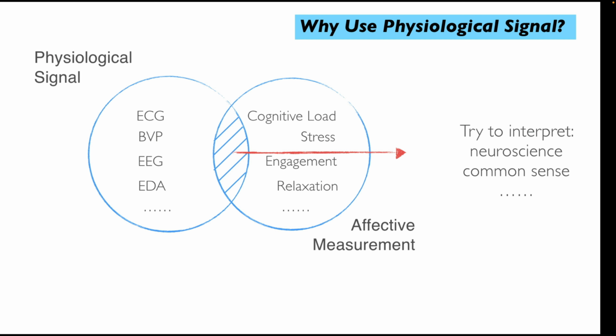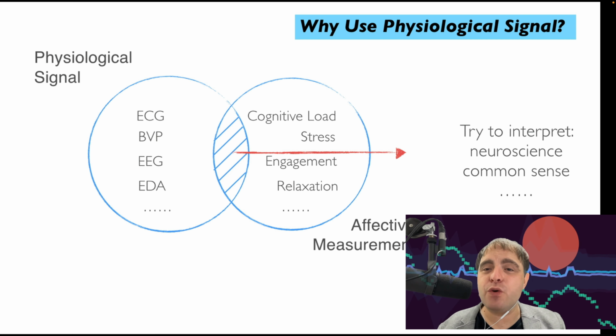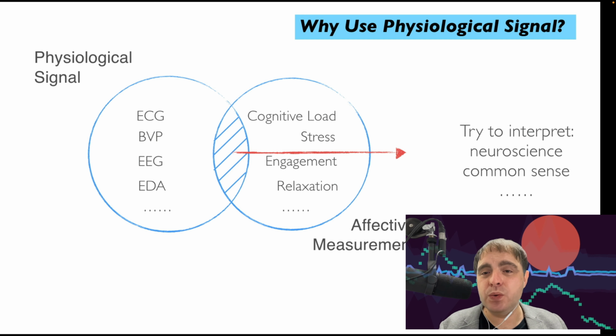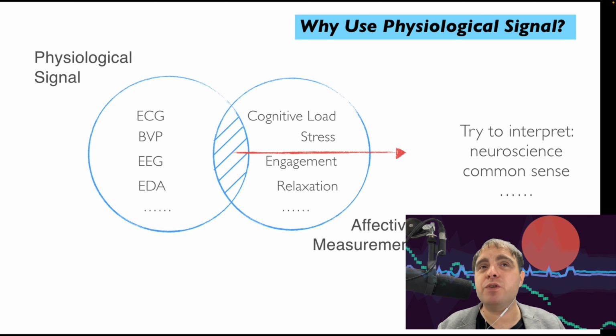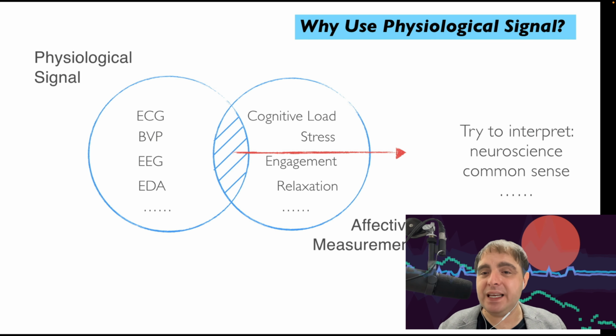There's also ECG, electrocardiogram, and EEG, so brain sensing, that we didn't use, but these types of signals can be used, and there is a relationship, a complex one, but still a relationship, to some of the cognitive states that we are interested in. So engagement and relaxation are often also reflected in BVP and EDA data,